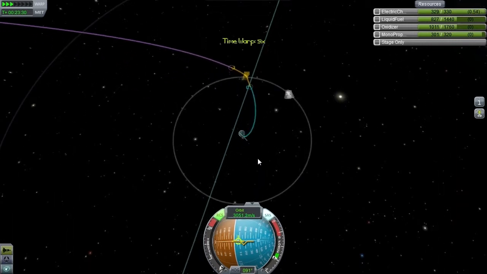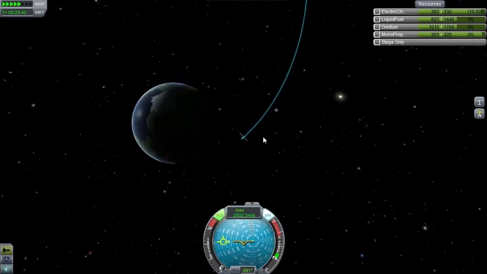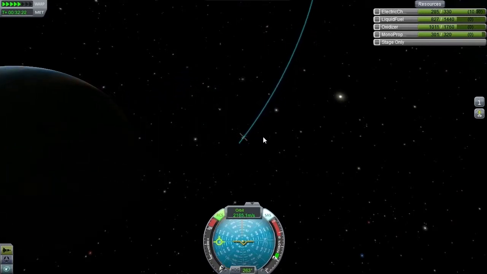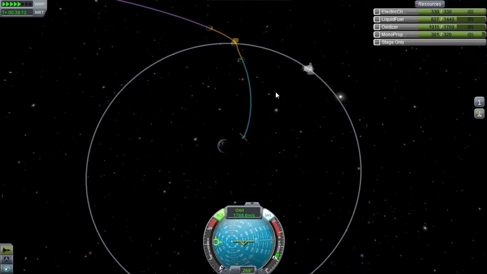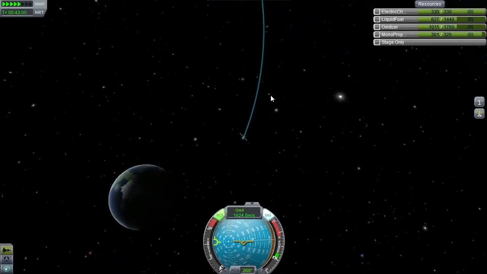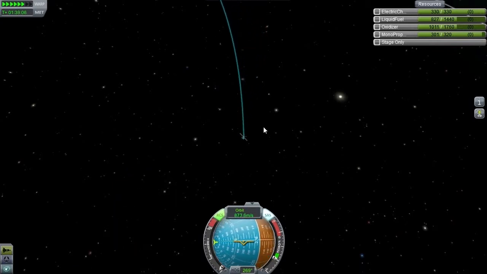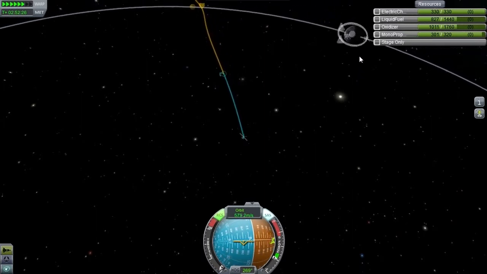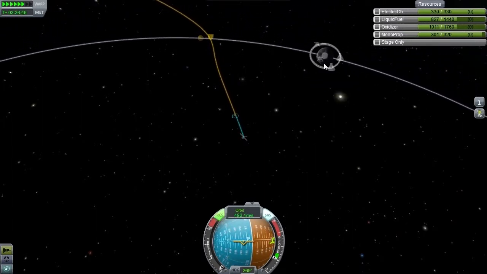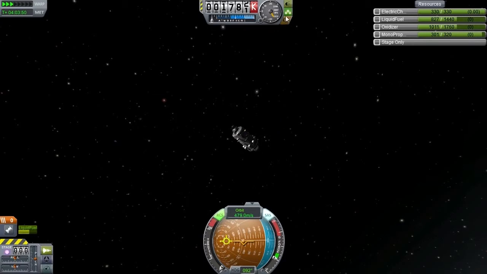Let's go ahead and speed up time. I want to watch this actually bounce off the atmosphere. I want to see how fast I'm going when I meet up with the Mun. When I slingshot around the Mun here, we're gonna look at this close up. This is fascinating to me. We're gonna slow it down a bit. All right, so I'm gonna catch up to the Mun's gravity right here. Boom. All right. So we're going to have to sort of speed this up anyways because...